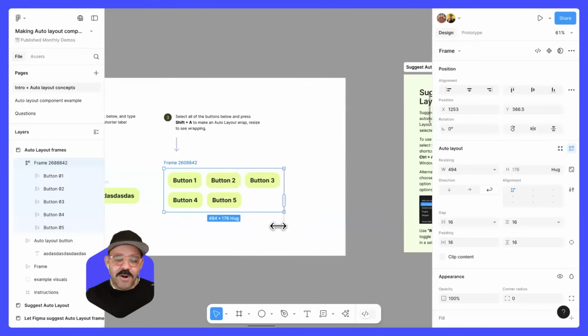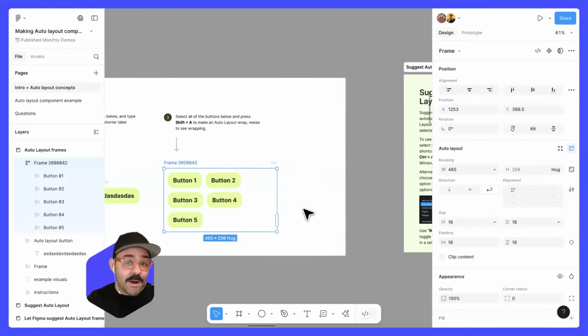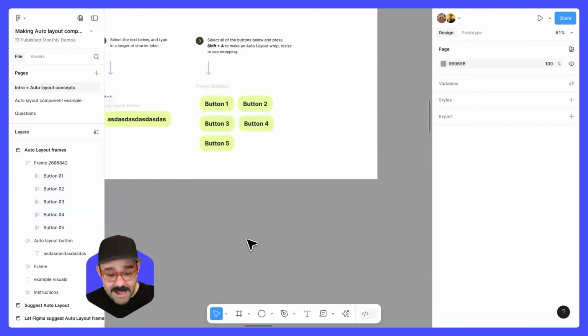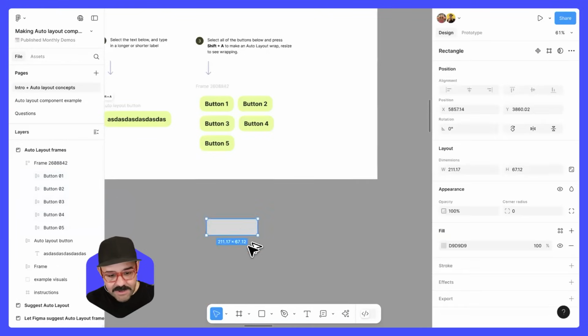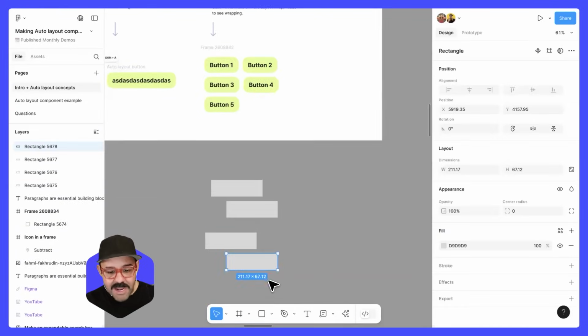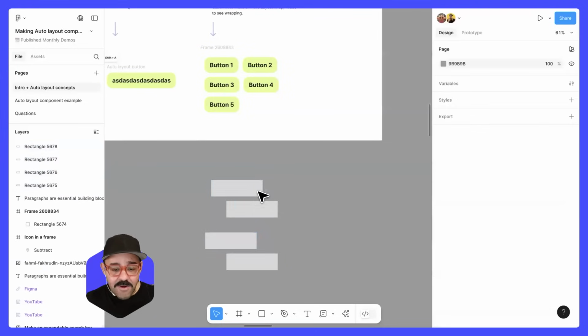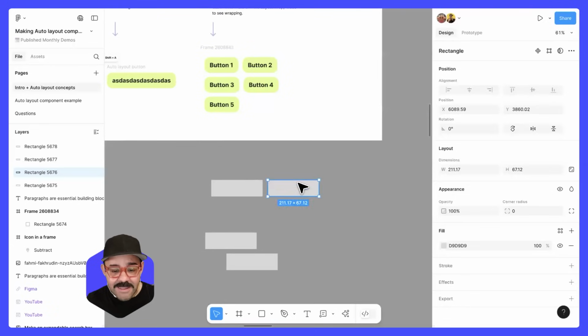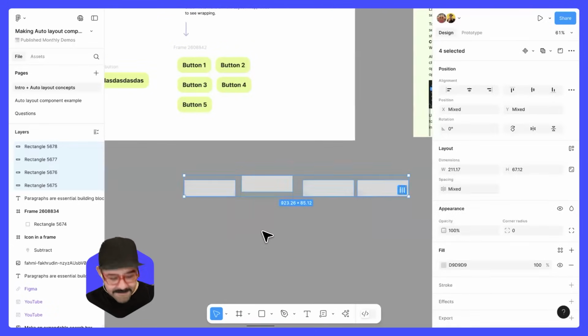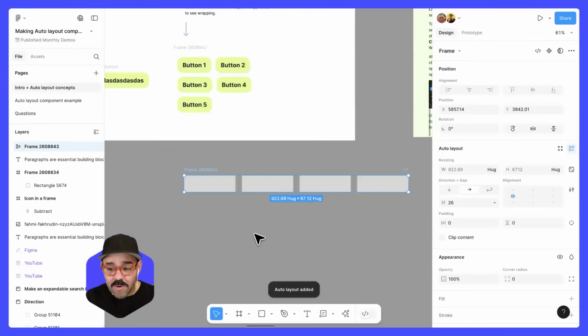So is the wrapping automatic? When you apply auto layout, auto layout is going to try to guess at what you're doing. So if you have a row of objects, it's going to know, oh, hey, you have a row. If you have a column of objects, it's going to say, oh, hey, you have a column. So let's say I have a few rectangles, 1, 2, 3, 4, right? And then I press Shift A, it's going to align them and say, hey, you're a column, right? If I have these objects and they're kind of arranged like a single row, close enough, and I press Shift A, it's going to say, "Hey, you're a row,"